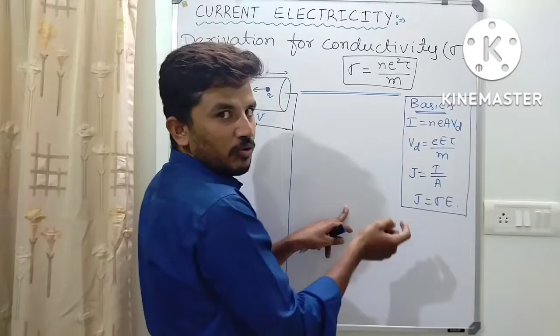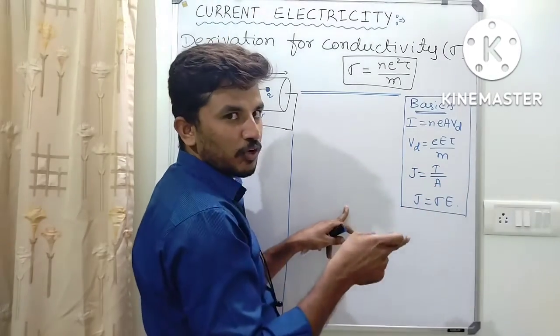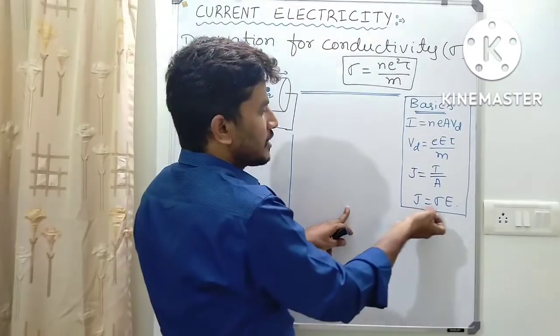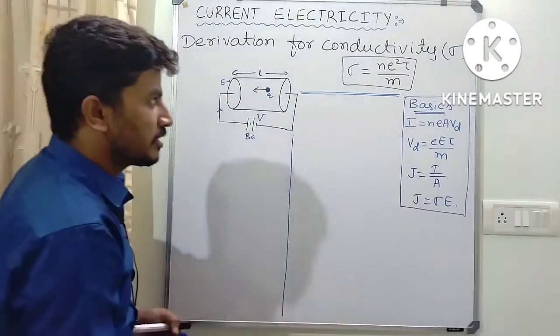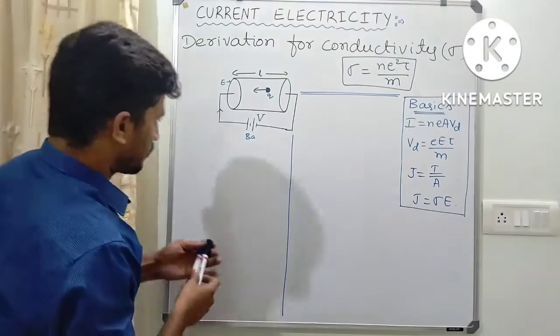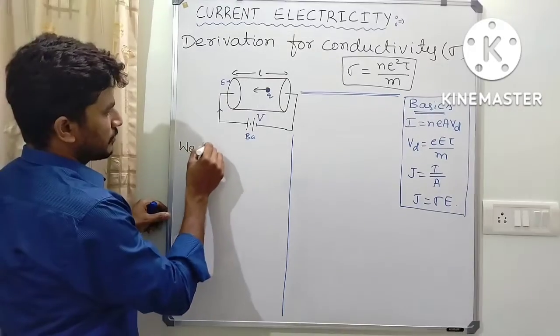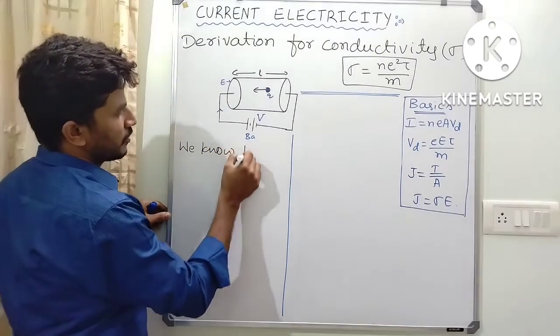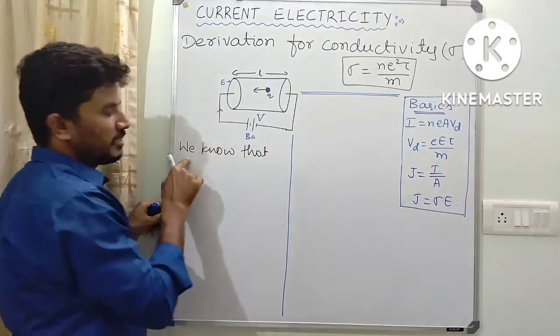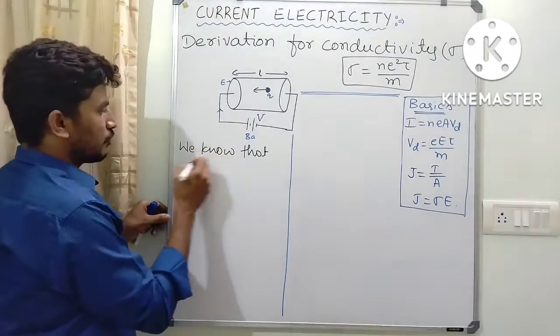Then current density is nothing but current per area, and one more formula that I have derived is J is equal to sigma E. So by using this I am going to derive this. This is a 5 mark, very important derivation. I will do it like this. Okay, listen. Now we know that I is NEAVd; I know that, you know that. Okay, so therefore